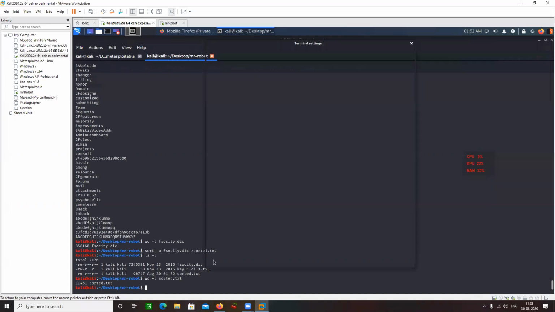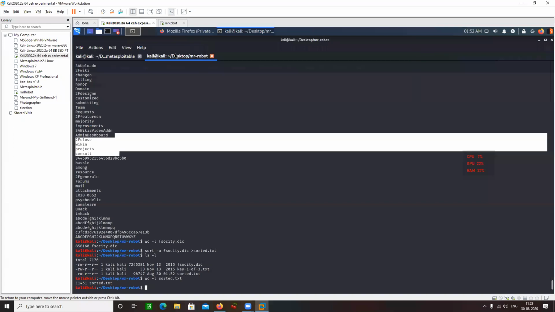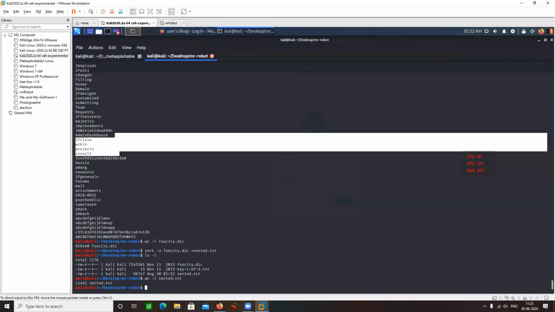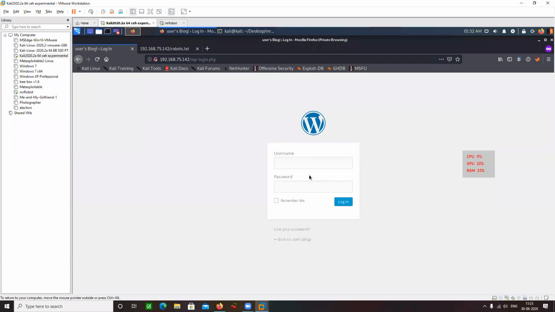Great. Let's try to brute force. But before brute forcing, one way is that I can try to brute force the username and password field, and it is going to take 11,000 into 11,000 attempts. These are going to be the number of attempts. I can reduce them if I'm able to enumerate the username here. So first of all, I'll be trying some default credentials here, like admin, admin.